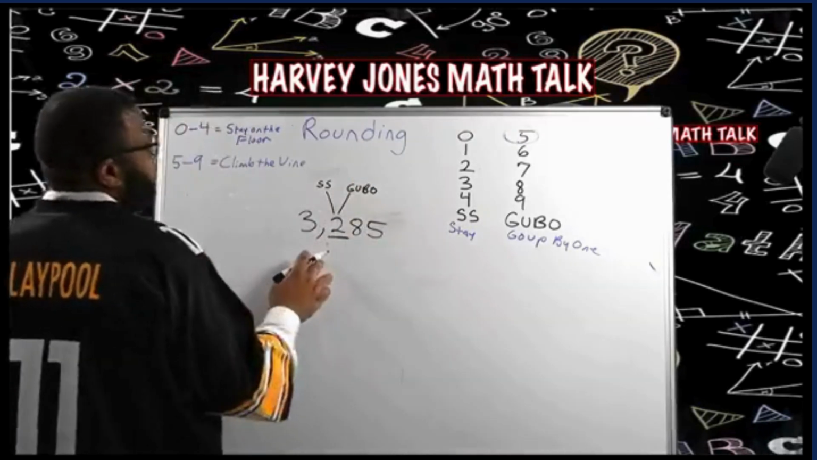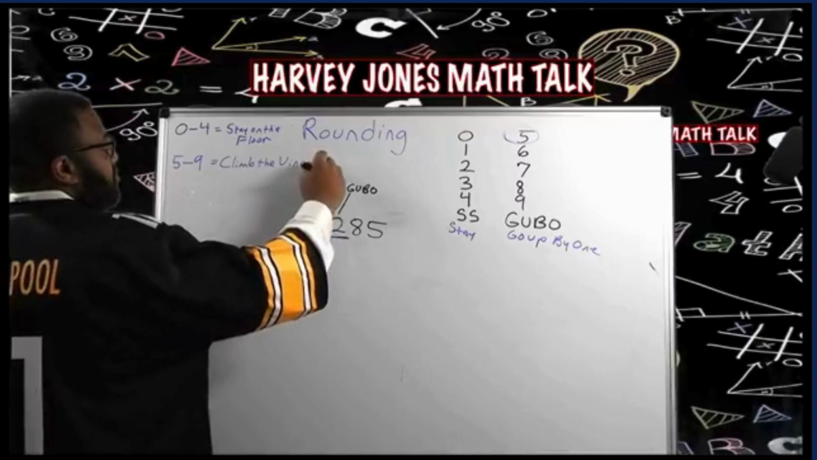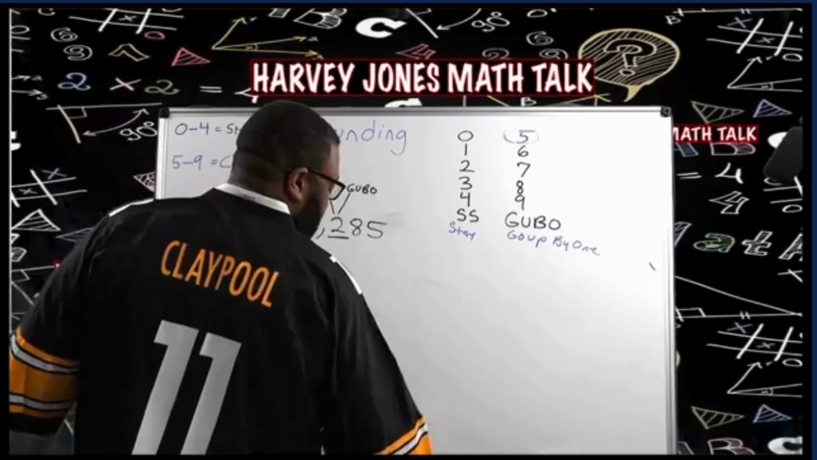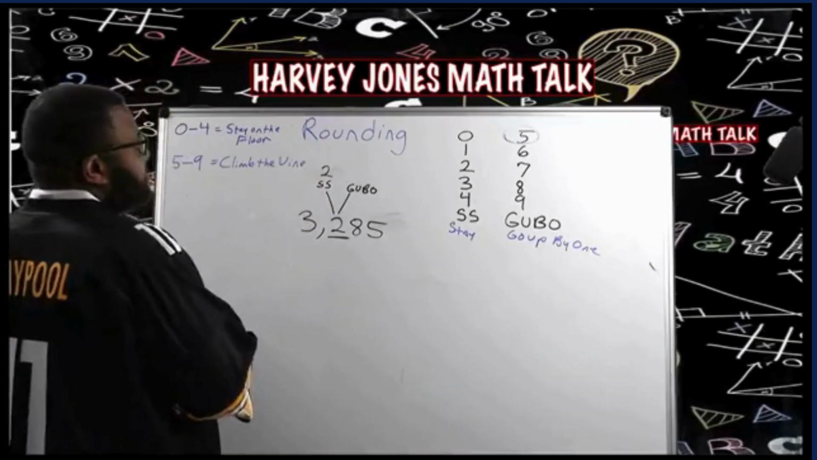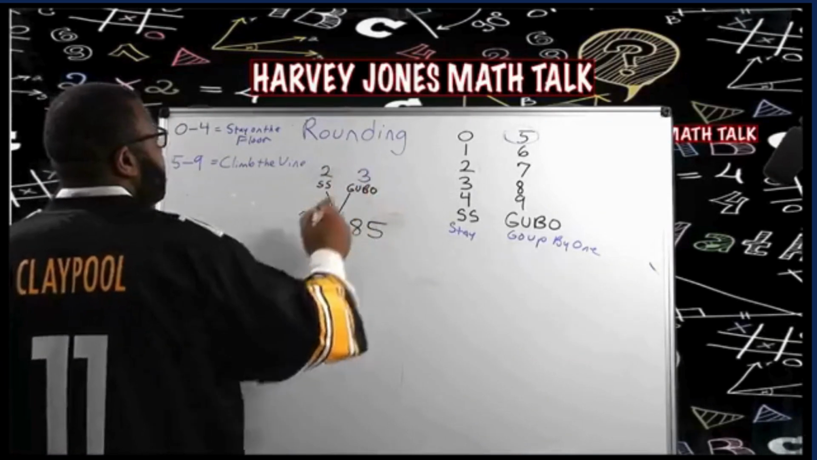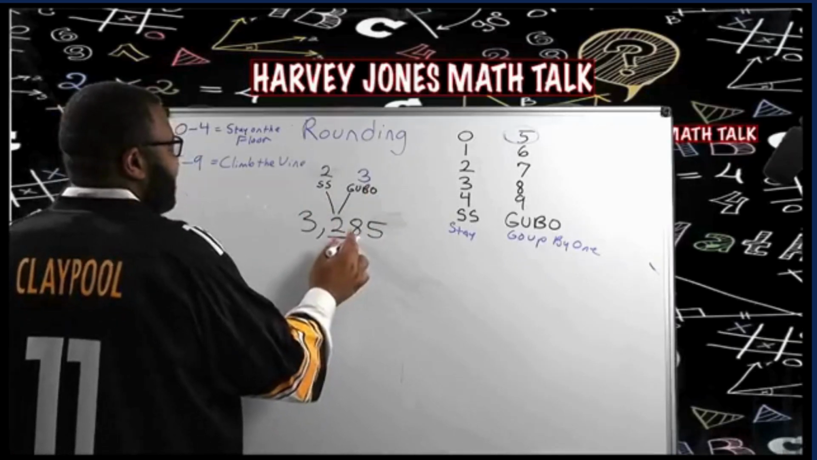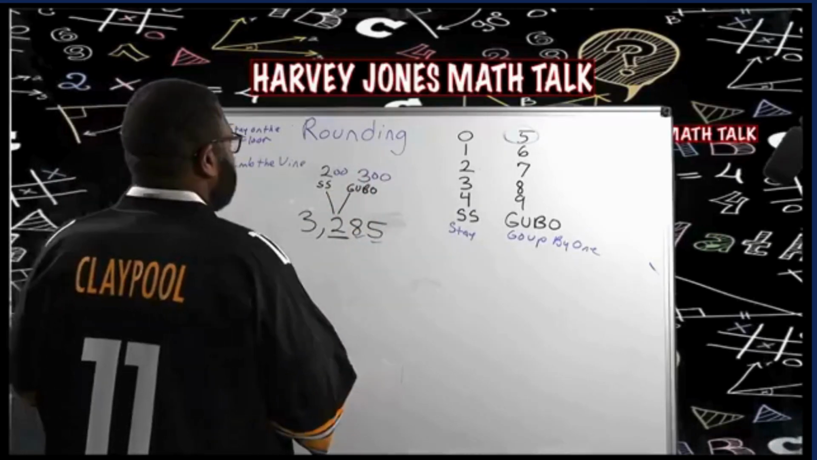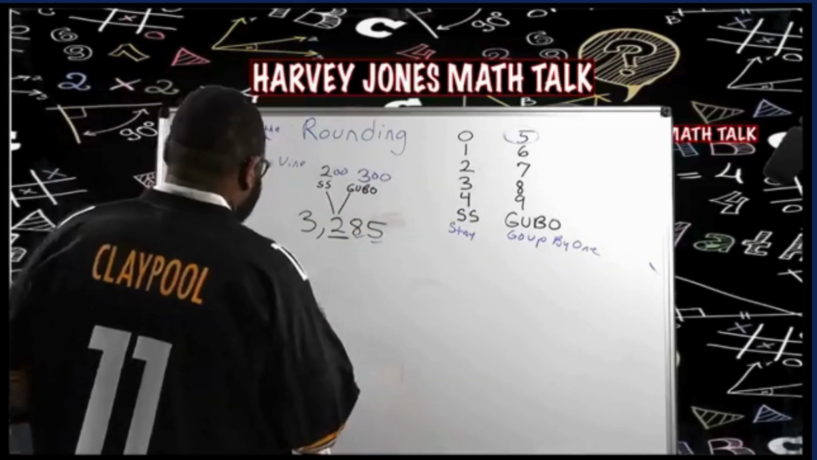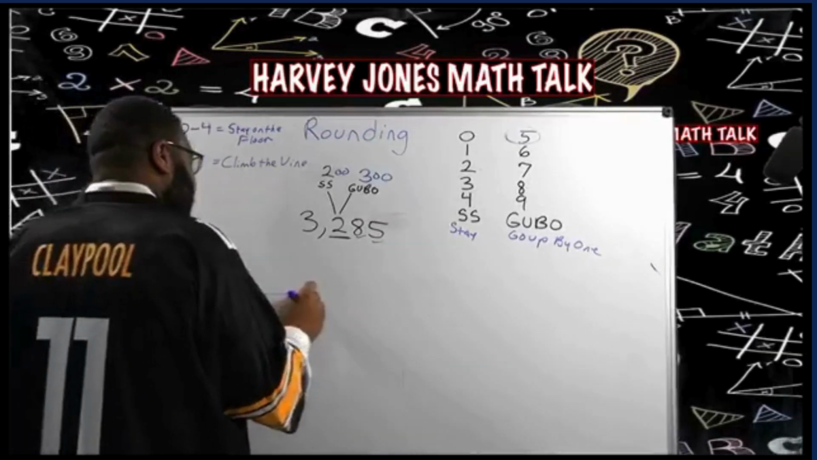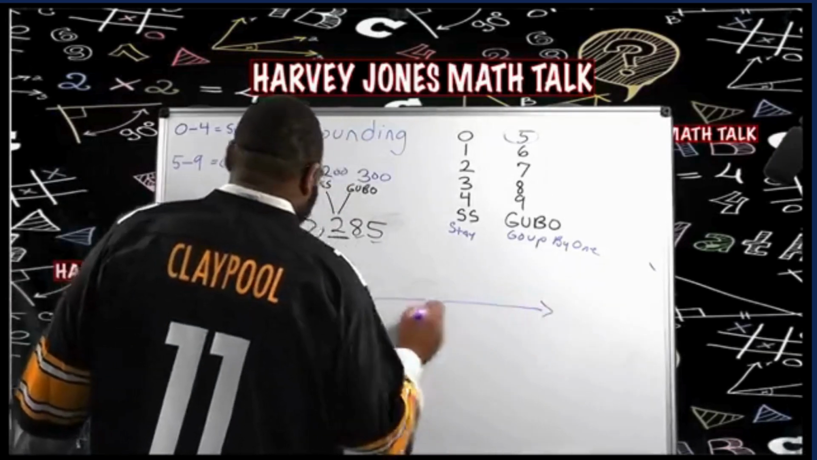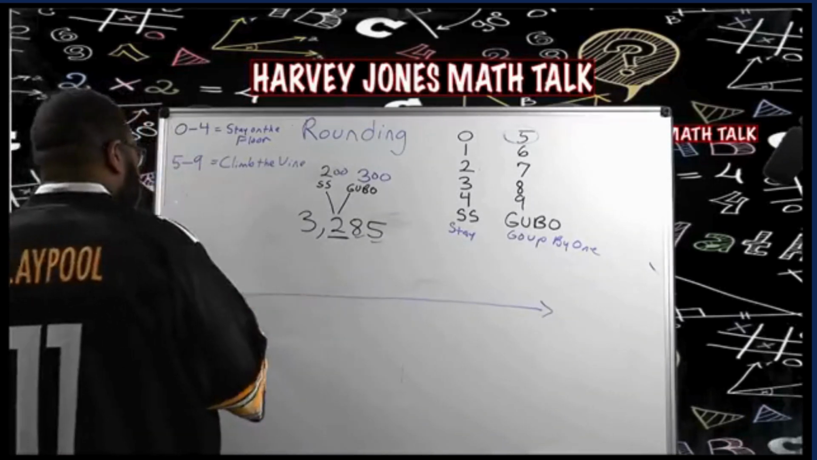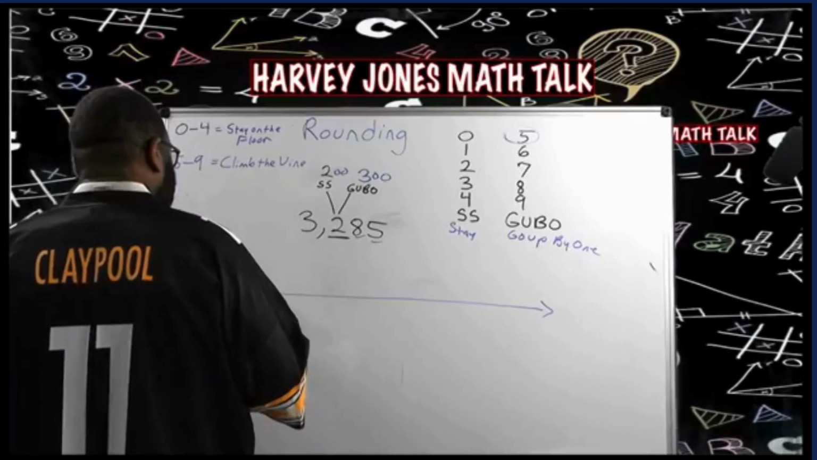So I'm asking myself, what's the same as 2? 2. You go up by 1. What's 1 more than 2? 3. Okay? How many places behind it? 1, 2. So what are you talking about, Mr. Jones? If I draw a number line, instead of counting by tens, I'm going to count by 100s. 0, 100,